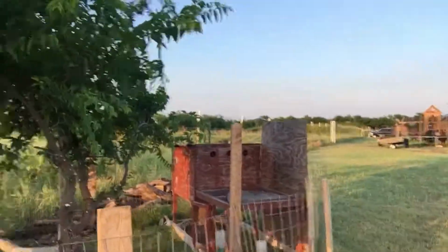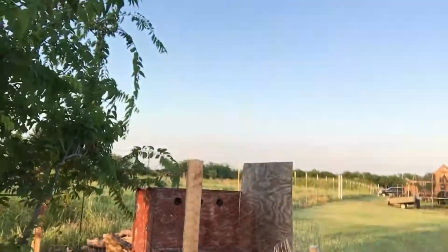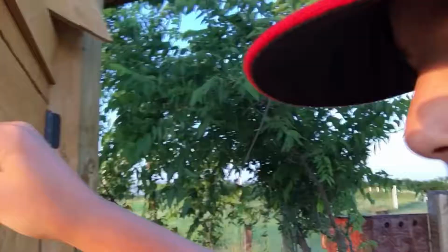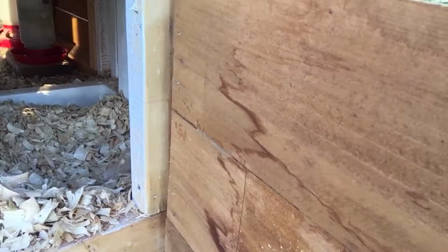We got the little chicken coop over here. It's pretty nice. We got a perch. We got a roosting place over there. And then we have the big chicken coop. There it is. We got two roosting sticks or whatever. And then we have the laying boxes. The Americana and the Buff Orpington both lay in that one. We don't know which one the Rhode Island Red is gonna lay in, but